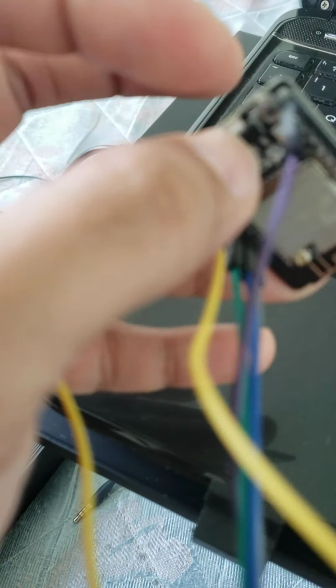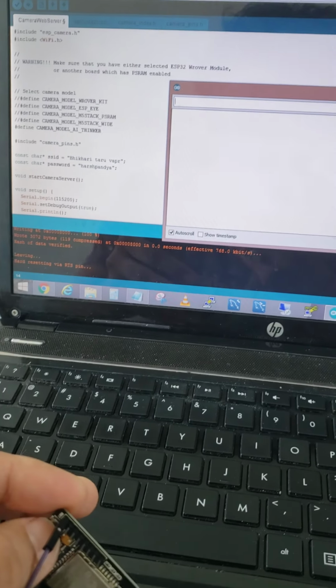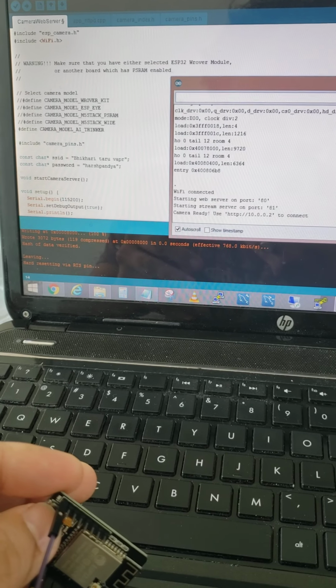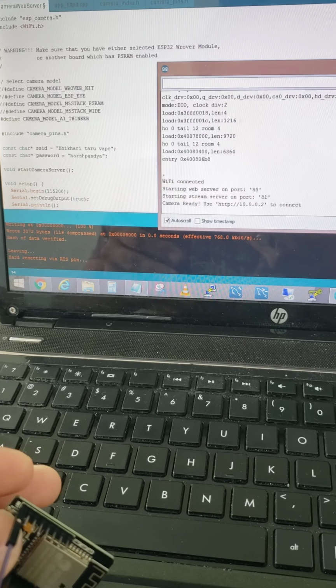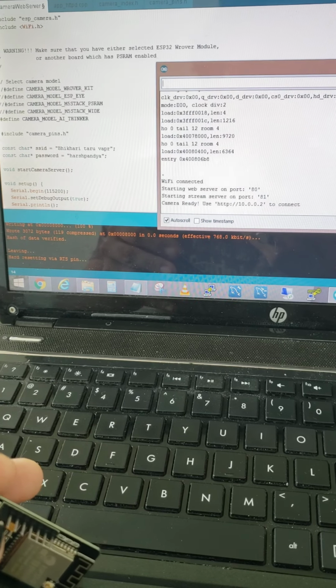It's a little bit hard to hold the camera. Yes, now you can see after 2-3 seconds it says Wi-Fi connected, right? And there is no other error.